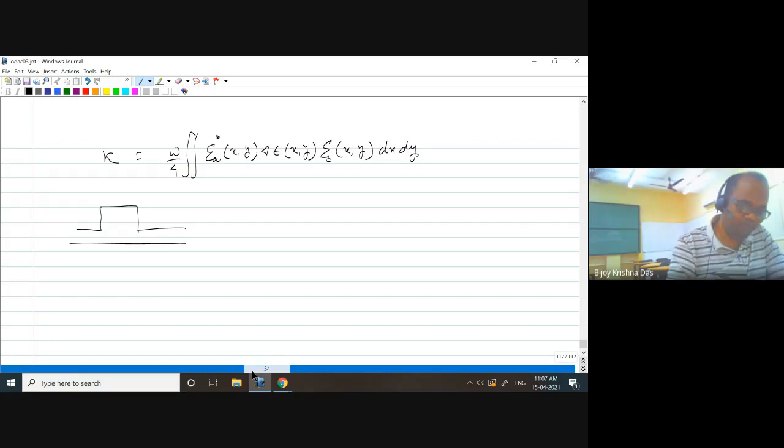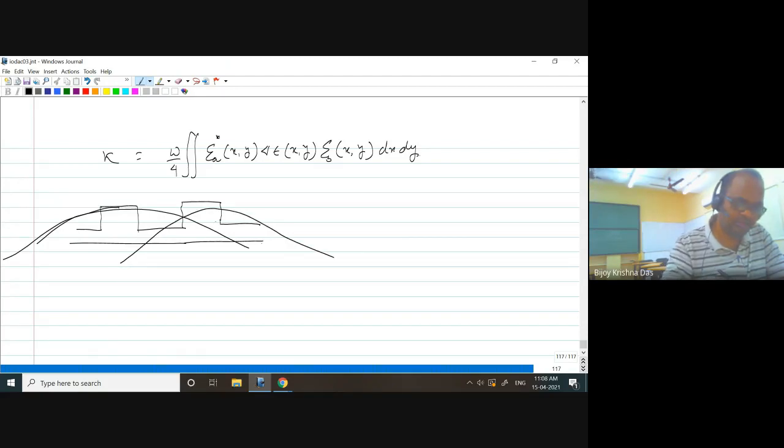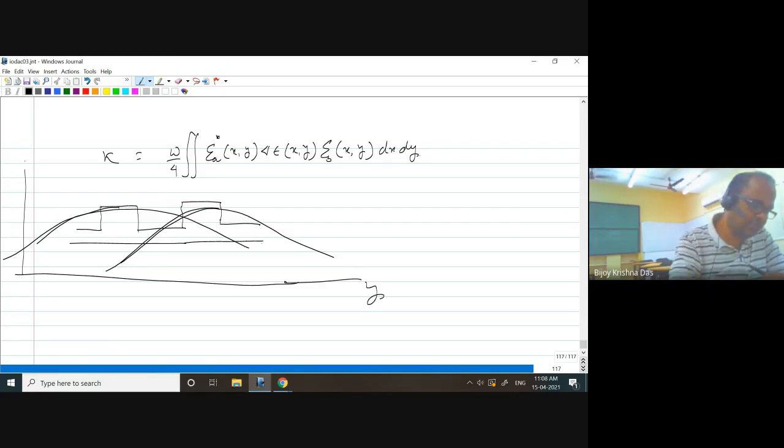Anyway, we continue, right? So this is your waveguide, and this is another waveguide. Just to show how to solve kappa, suppose you have a waveguide, and I'm exaggerating a little bit here. Mode profiles are like that, a little bit bigger in size, and here mode profiles are like this. That means I'm plotting the mode profile along the y direction, and this is your electric field.